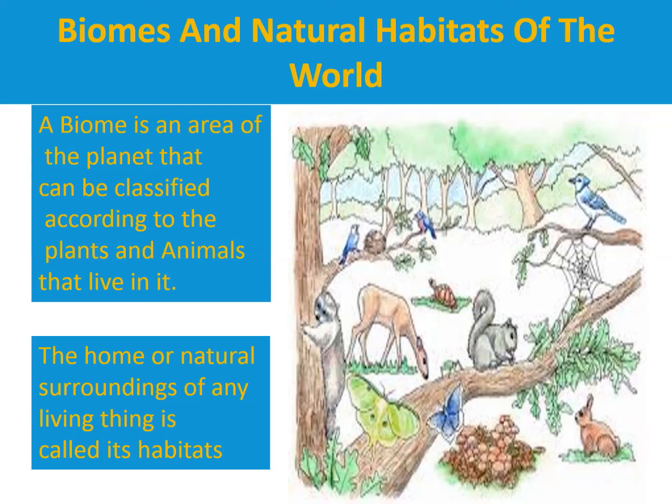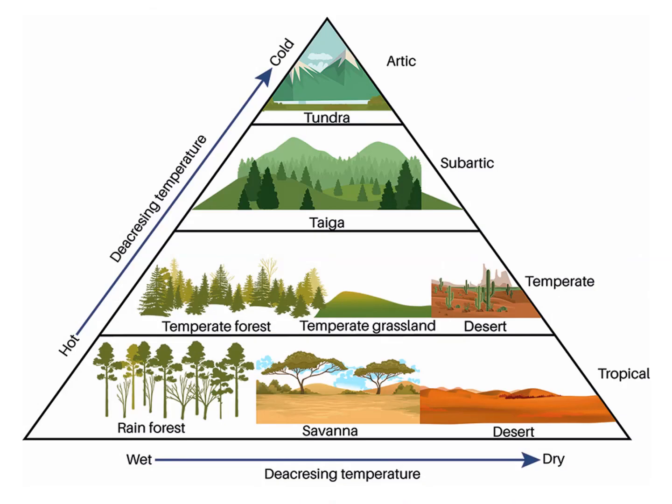Now in this picture you can see the trees, the bushes, the vines and different kinds of animals. And this lesson is about the different kinds of animals and the vegetation found in different climatic zones. The geographical and climatic condition of any place encourages and supports specific kinds of animals, plants and insects. All these life forms depend on each other for survival in their shared environment. This community of animals, plants and their habitats is called a biome.